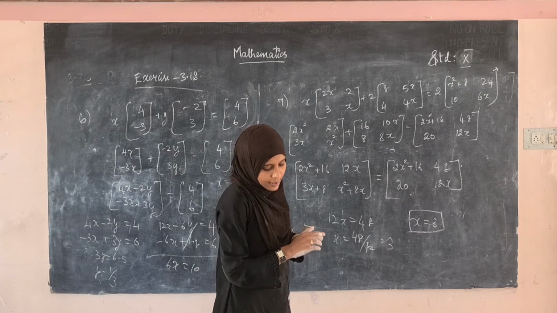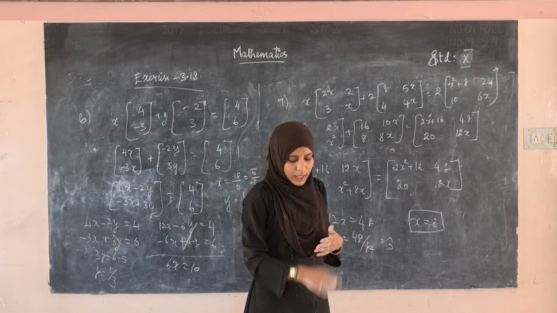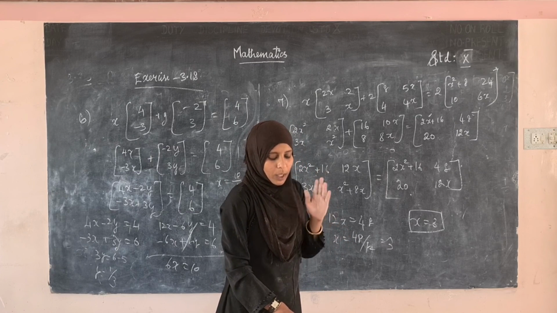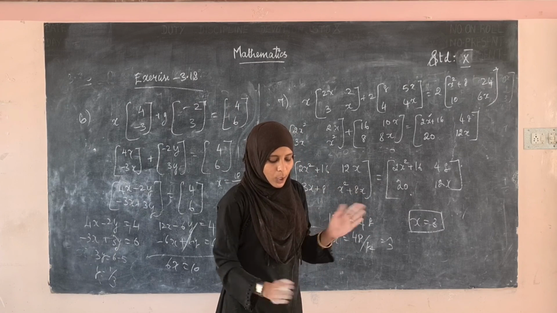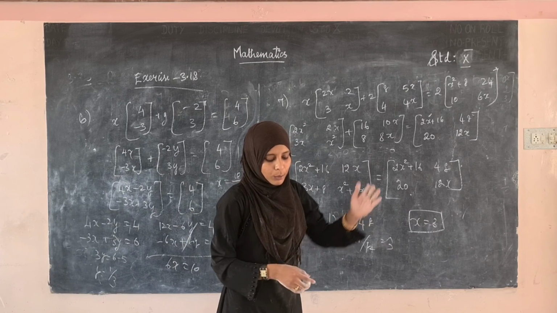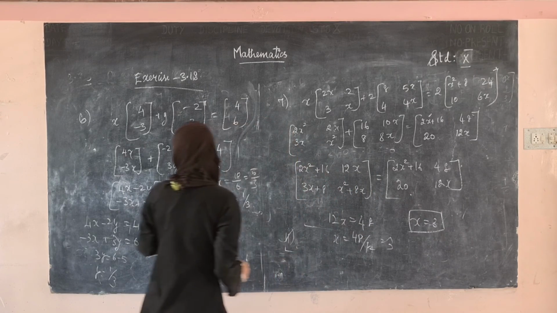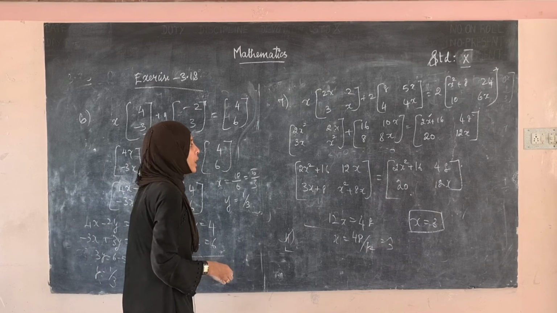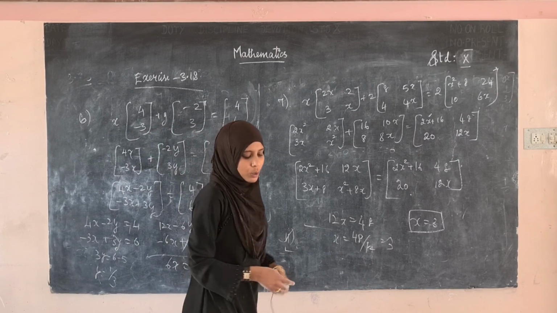Okay, see the eighth sum, solve for x comma y, x square y square plus 2 into the matrix. Similarly, what you have to do in the second term, you have to multiply 2 with the matrix, then you have to add that matrix and you have to find 2 equations like this. Okay, you have to find 2 equations and you have to solve the 2 equations to find the value of x and y. So, eighth sum is also an assignment for you.